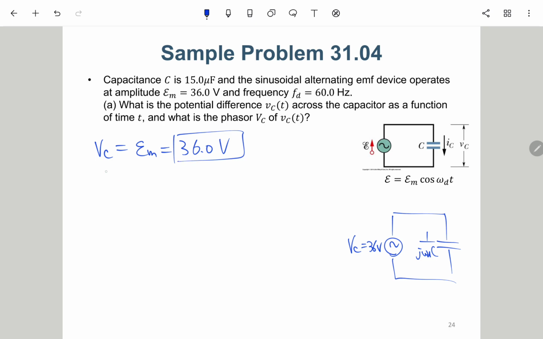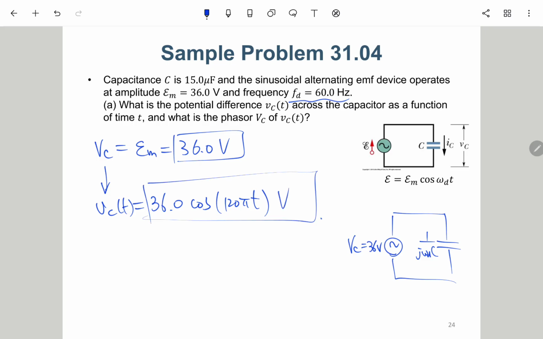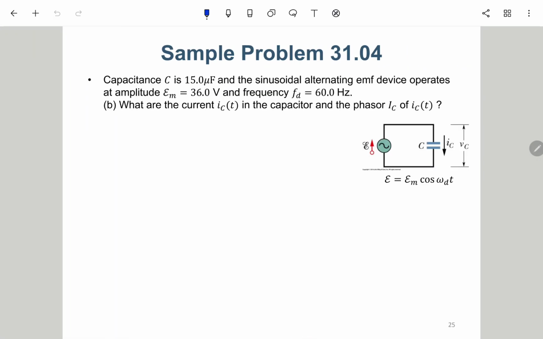So VC of t will be 36.0 cosine, and the omega doesn't change, so 120 pi t, in volts. So this is the time domain function. It's still very trivial because this EMF is directly connected to the capacitor. So for the next question,